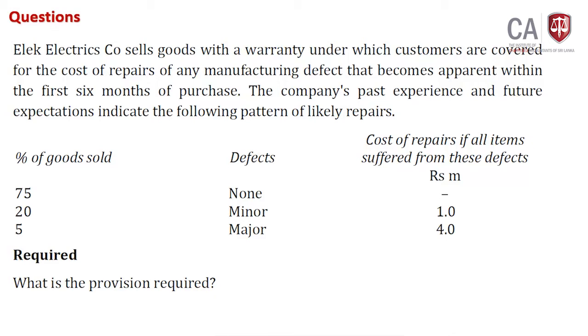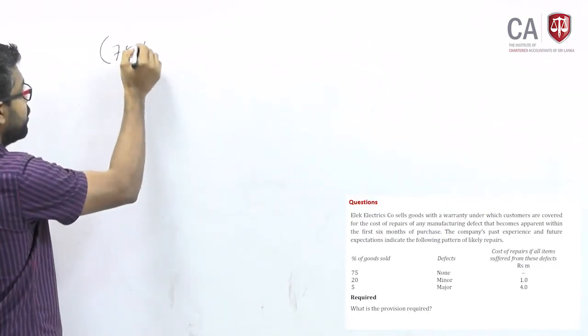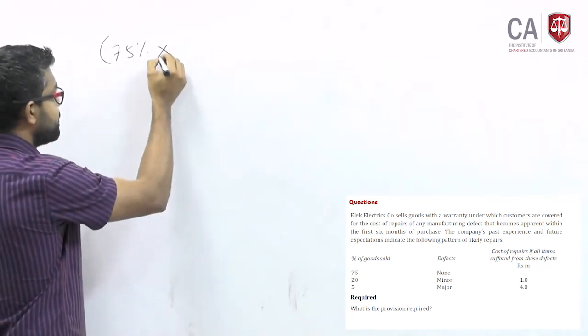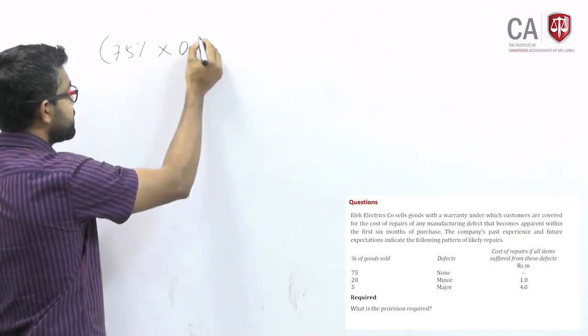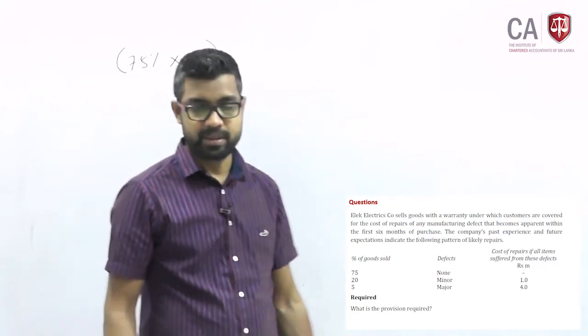So by using expected value you have to calculate the provision. How do you calculate it? Now look at this, a very simple expected value method, a simple calculation. 75% of the goods sold with zero defects, no defects,